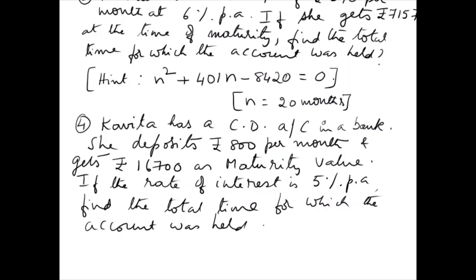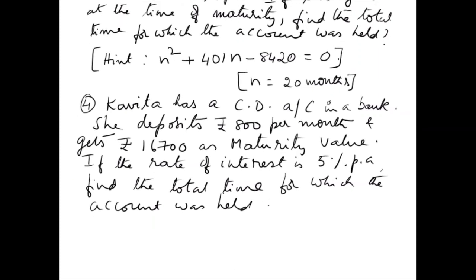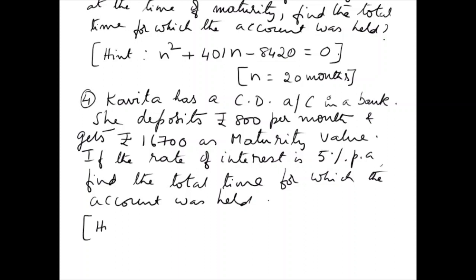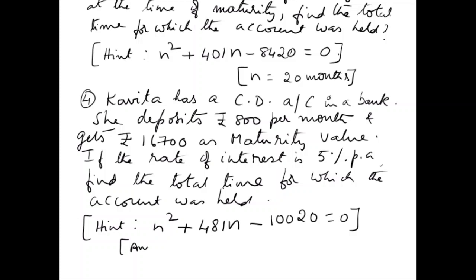Account was held. Now again, here I am giving you the hint. You have to arrive at the quadratic equation n square plus 481n minus 10020 is equal to 0. You may refer to my previous class example where I have solved this type of question. Okay, and the answer that you must get is